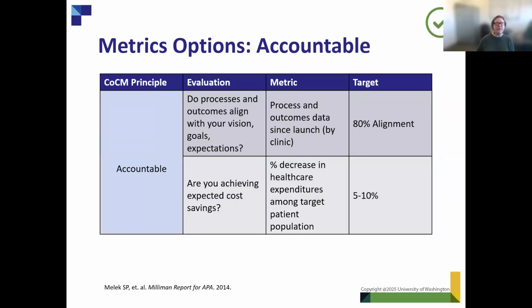Next slide. So the fifth principle is accountable care. And people sometimes make the mistake of thinking that accountability is all about money, and it isn't. From a healthcare organization's perspective, it's how well do the metrics that you are tracking for process and outcomes align with your vision, goals, and expectations for your collaborative care program? If you are a payer, are you achieving expected cost savings? The data is a little bit